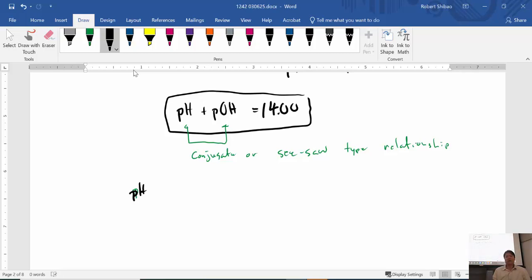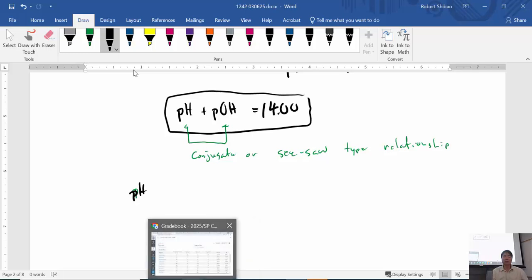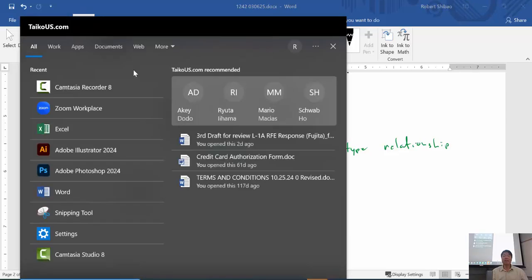So the pH values are going to range from what? Do you know the range of pH values? What is the lowest pH value? I'm sorry? No, it's not. Not 0. I'm sorry? Not negative infinity. It doesn't go that low. No, not negative 14, but so good, yes. It's going to plateau